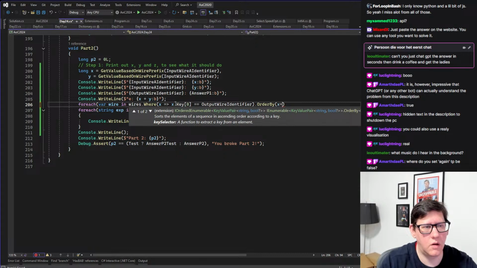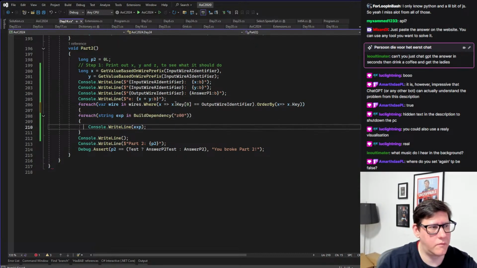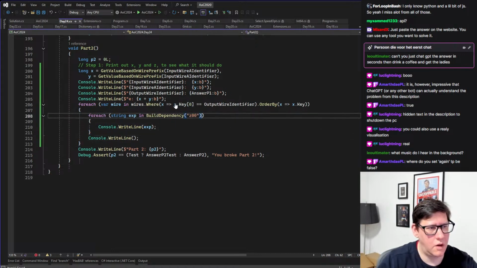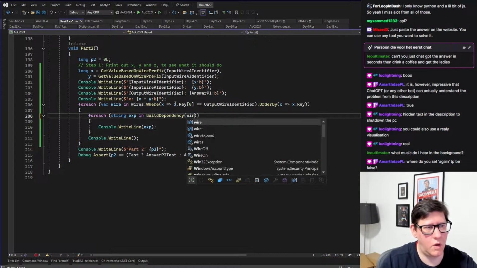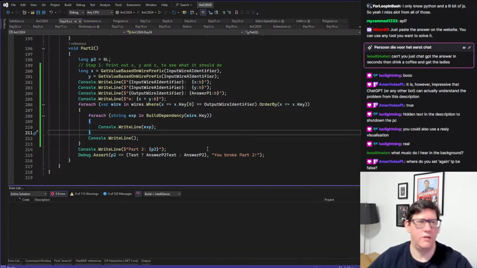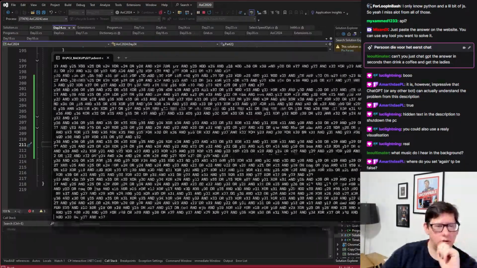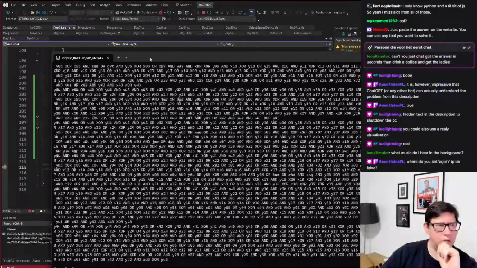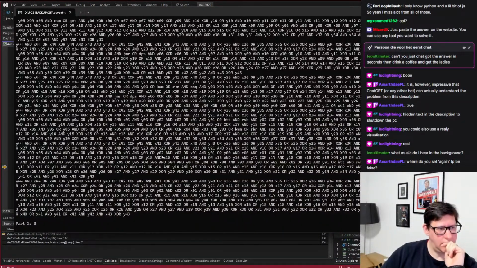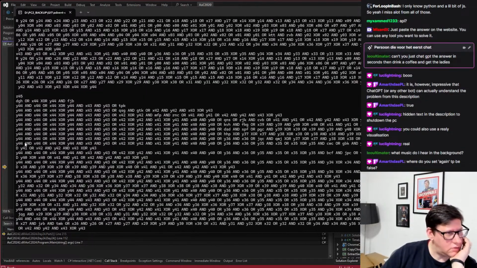Order by, something like that. Now we do wire.key. So this should give us a map of all the output wires. Jesus Christ. Not sure what I was expecting, but Z45. So what you probably want to do is